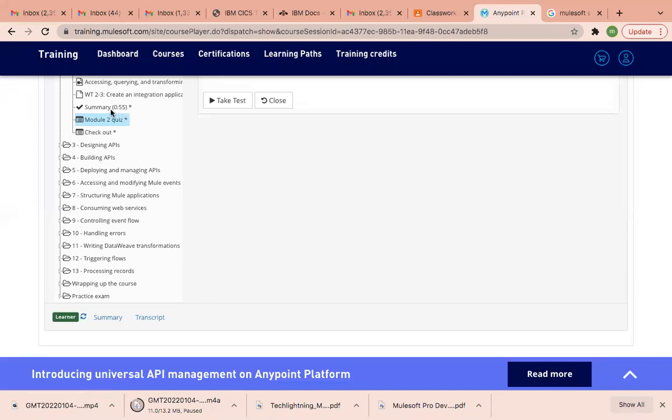See, after completion of 55 seconds, we got a tick mark here. Can you see here?